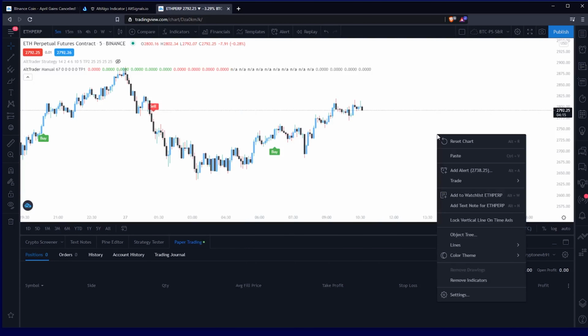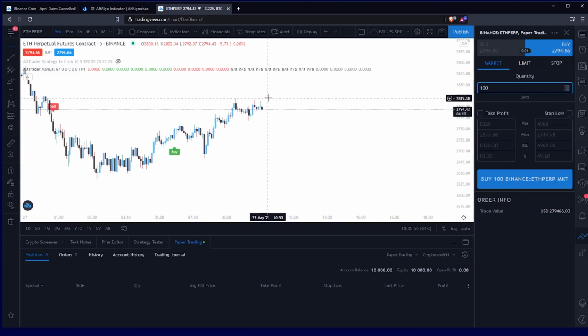And then we want to right click again and go to the trade section again, and this time we want to click create new order. Here is essentially where all of it comes together. So we've got the